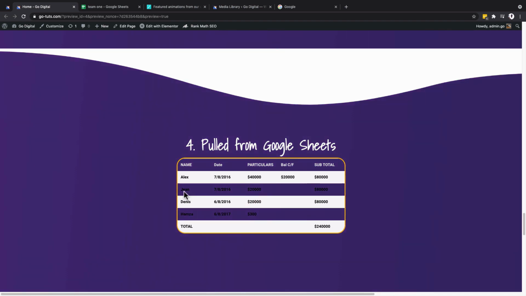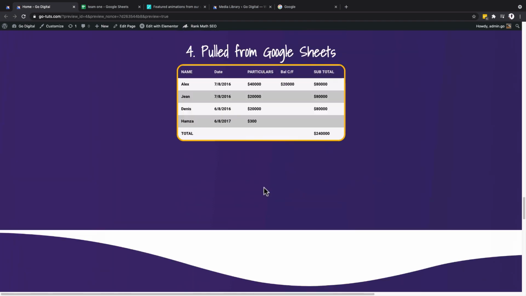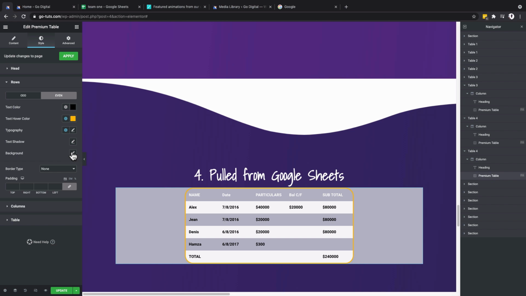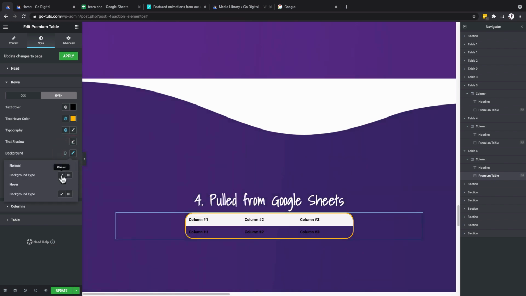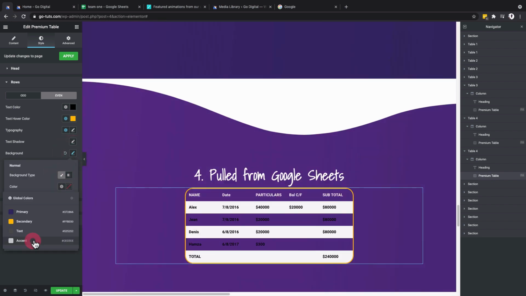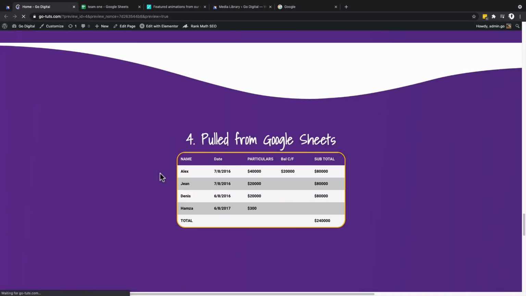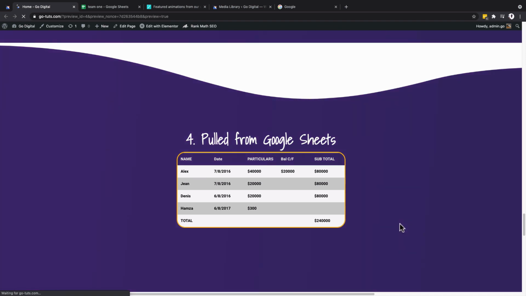This doesn't look very nice over here, so we're going to change the color to a gray or something. So I come back here, the background for the even, I'm going to change that to the accent color, something like that. I'll update, and boom, we have our table fixed. We have a better background color for the even row and all the other rows, and the data looks a little bit way better. Anyway, that's how now you can pull data from the Google Sheets